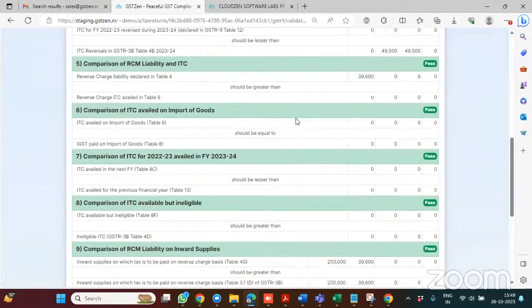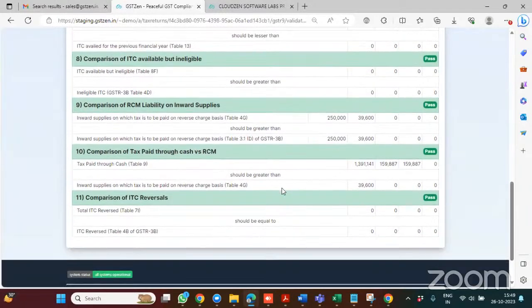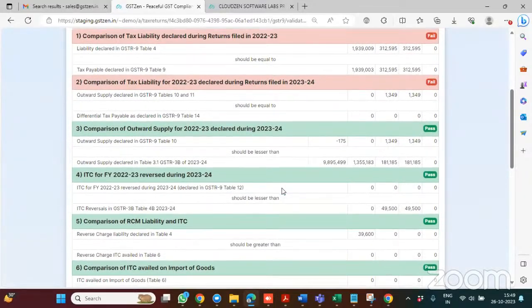If it is passing, it will show in green. This is just a check. This does not mean that you cannot proceed with filing GSTR 9. It is merely showing you that these criteria it is not fulfilling, and if you have a reason for the discrepancy, that is fine. Otherwise, you can see why it is not